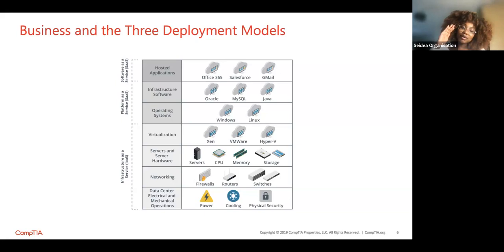And then the most complex one, infrastructure as a service, deals with your virtualization, your servers and server hardware, your networking, your data center electrical and mechanical operations. So again, it deals with hardware, and a bit of online work as well, but mostly hardware, as well as some virtualization, which deals more with cloud, which is then VMware and your